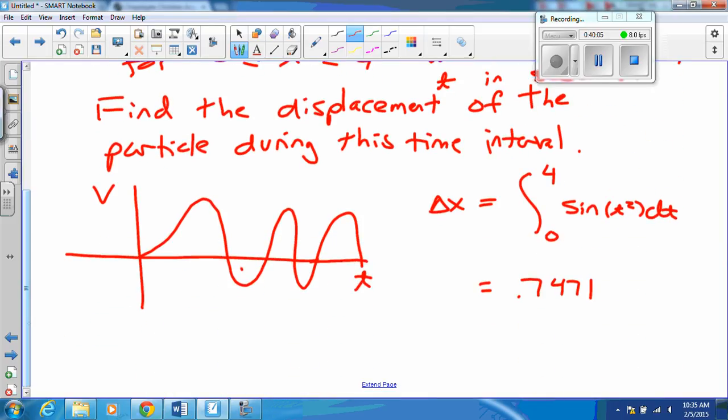When I compute the integral here, let's finish this before you leave. What kind of units am I going to have? I'm multiplying meters per second times seconds. So I should end up with meters as my final answer. But anyway, I just had to say, units are